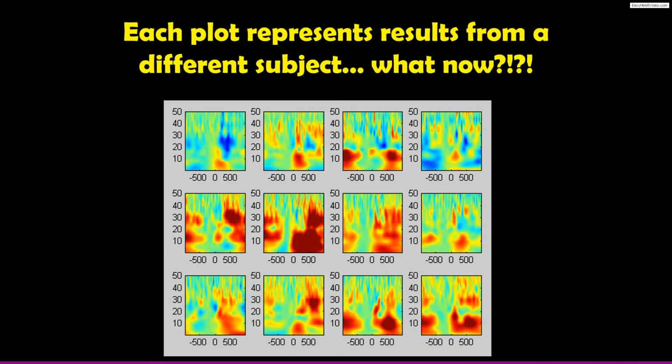Okay, now let's talk more about group level analyses. So now imagine we have 12 subjects, and here we have time frequency plots from each of the 12 subjects. Actually, these are a little bit noisy. I think these might be single trials from the same subject, but that doesn't matter. So pretend that these are time frequency plots from